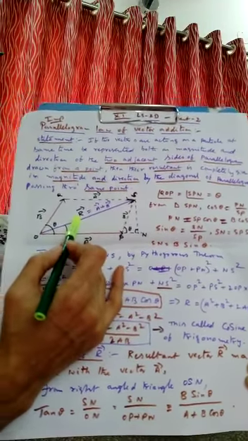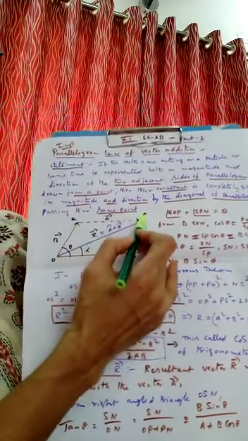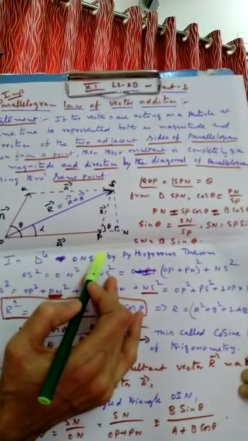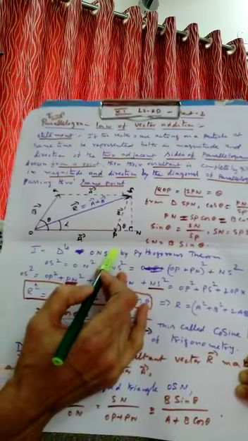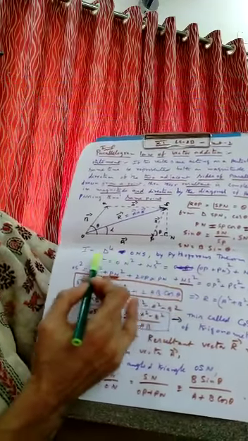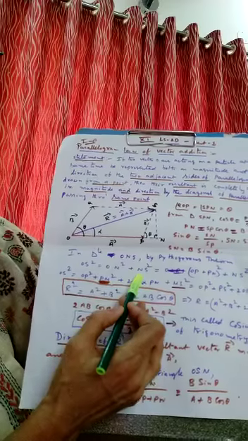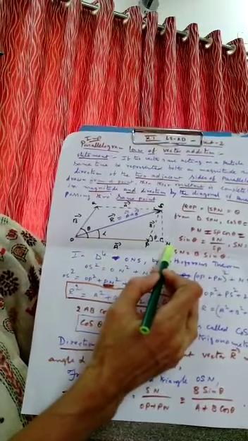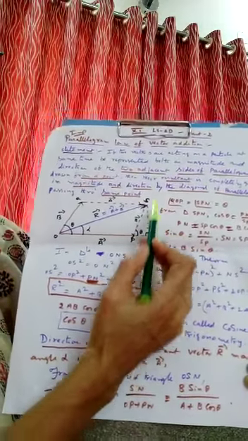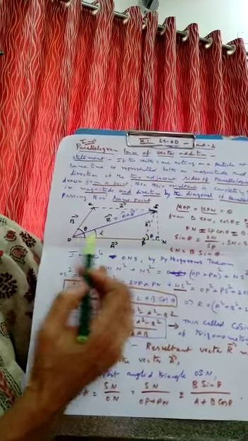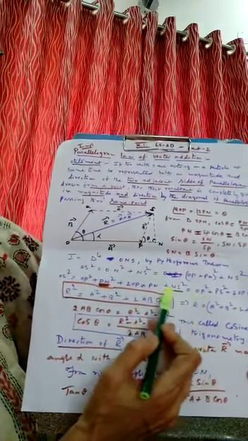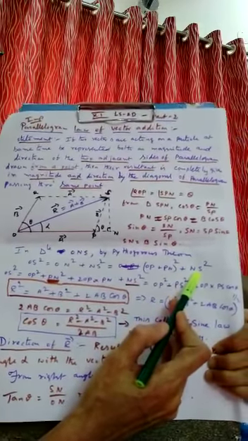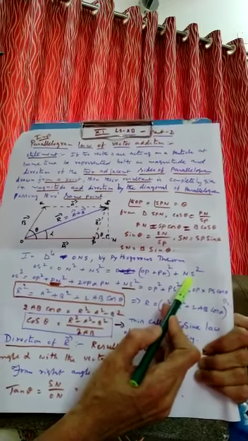For that, take a right angle triangle ONS. Use Pythagoras theorem. What is Pythagoras theorem? Hypotenuse square is equal to base square plus perpendicular square. Similarly here, we write OS square is equal to ON square plus NS square. What is ON square? OP plus PN whole square, plus NS square. It is very simple. You know it. You have studied Pythagoras theorem in your 9th class.